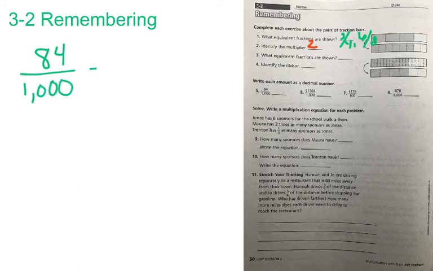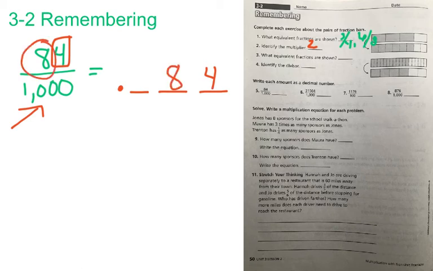And in order to write that as a decimal, we're going to look at our numerator here and find the last number in our numerator, which is 4, and it's going to go into the thousands place because it tells us which place here in the denominator. So we go to tenths, hundredths, thousands. So we put 4 in the thousands place. Directly next to the 4 is your 8. You put 8 in the hundredths place, and then in the blank spot we fill it in with 0. And so number 5 is 84 thousandths, written